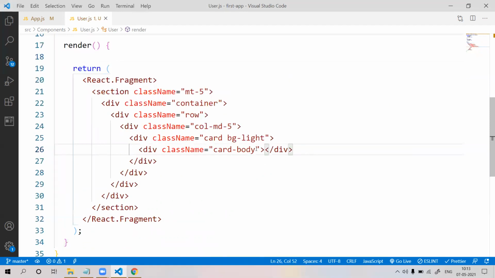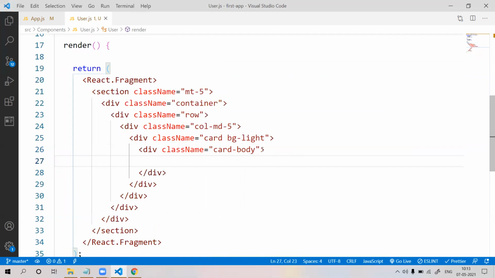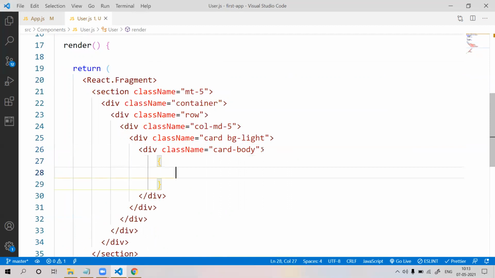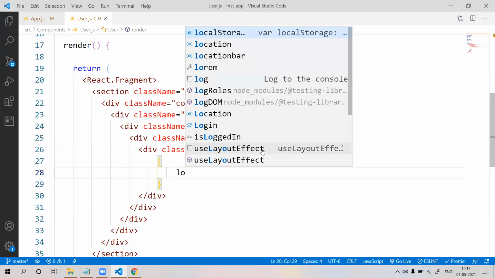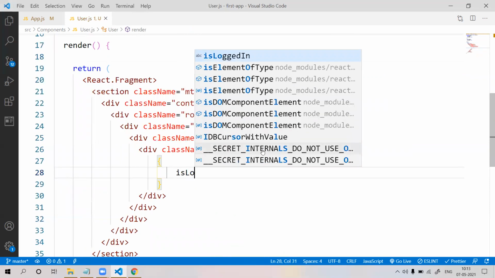And go to here. Like this, we can define in curly brackets this.isLoggedIn.